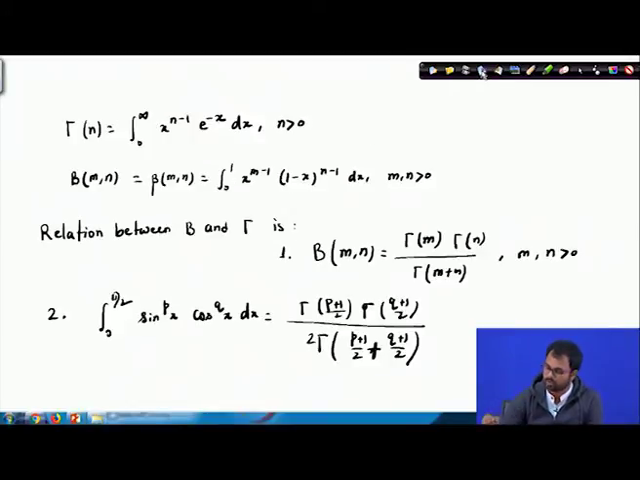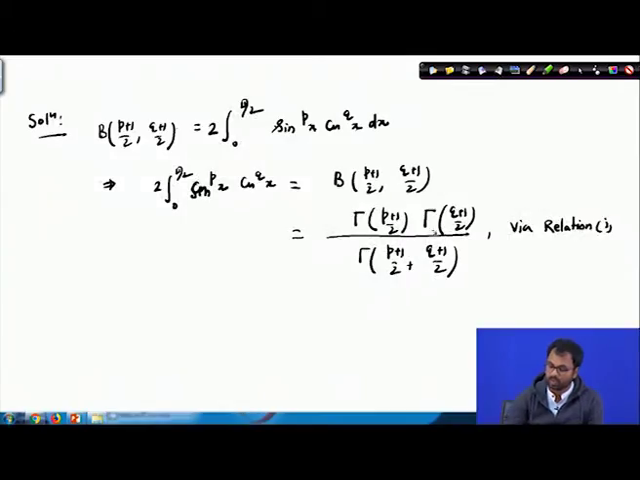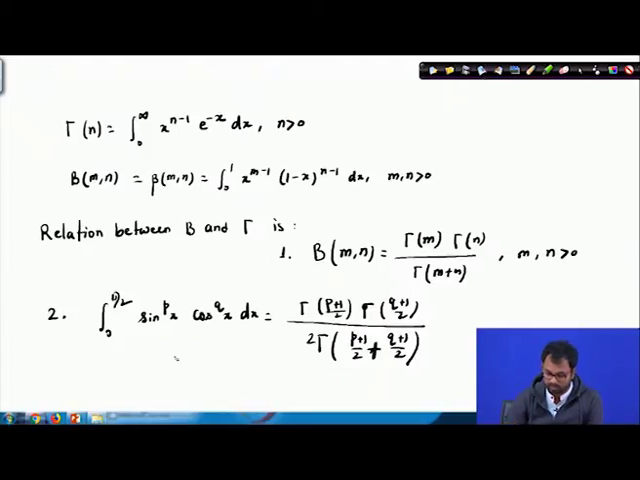Let us see what is relation 1. In relation 1, beta(m, n) can be written as, if I replace m by p+1/2 and n by q+1/2, then I can write gamma(p+1/2) gamma(q+1/2) divided by gamma(p+1/2 plus q+1/2). So this is the relation which we have used here, and this can be written as